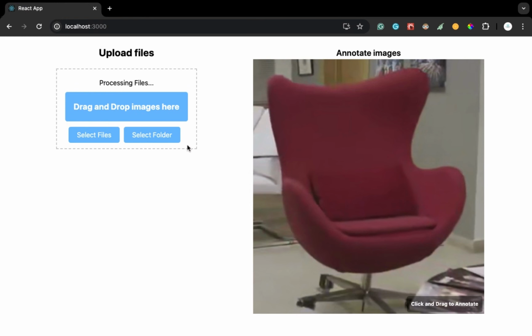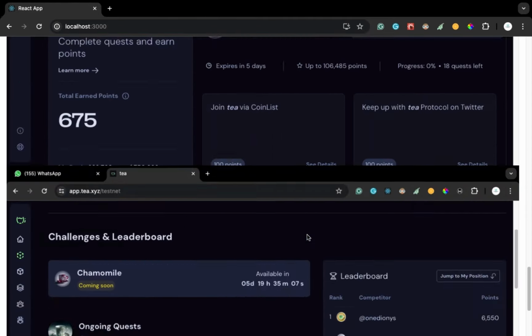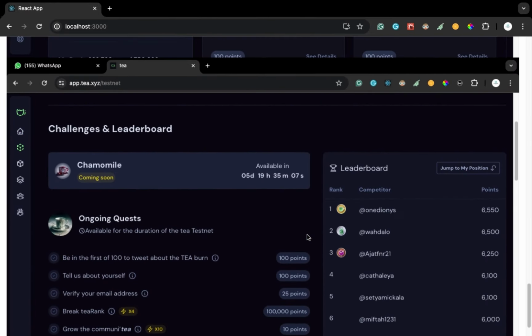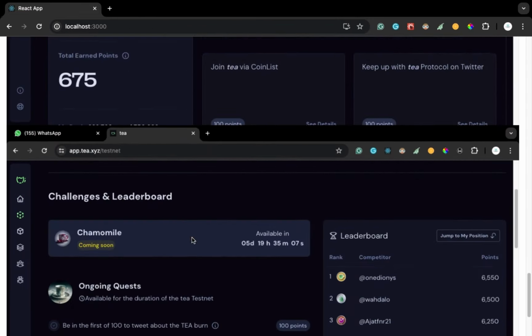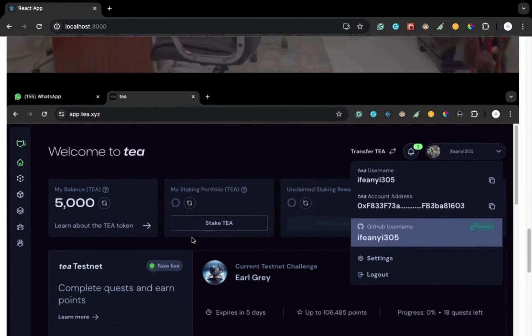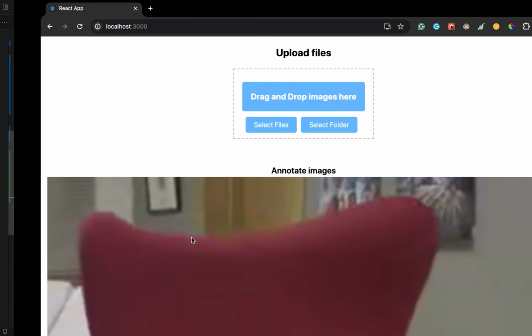Okay, so processing files, and so it's not looking good. Look at these, these are the images I uploaded from my computer. So I need to add some styling to make them look better. So first,